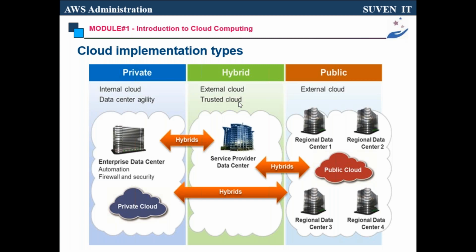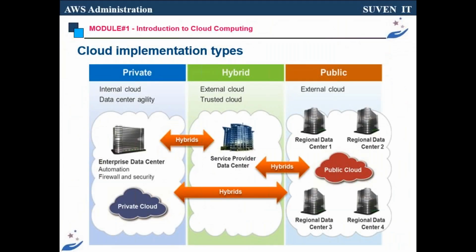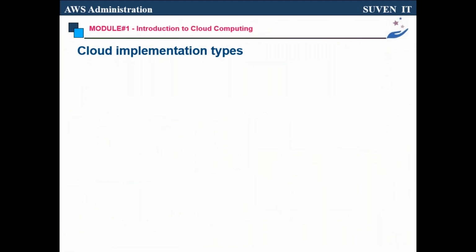Then hybrid model. Hybrid model means private and public. Some services are private, some services are public, so you don't want everything to be in public. For example, if you want to implement a hybrid model in your company,